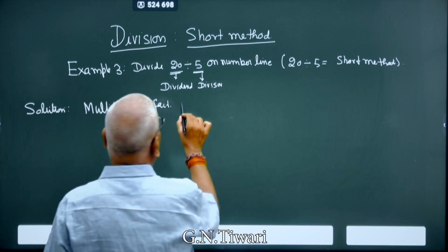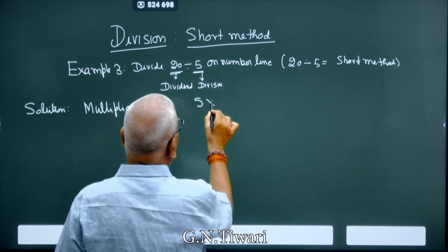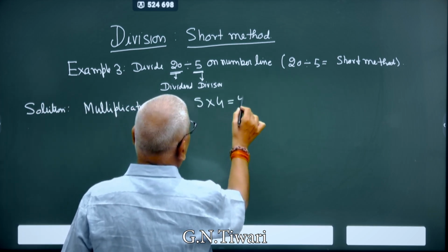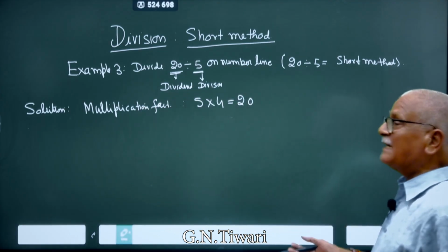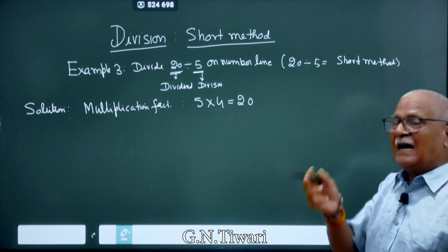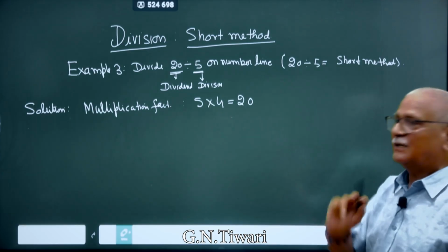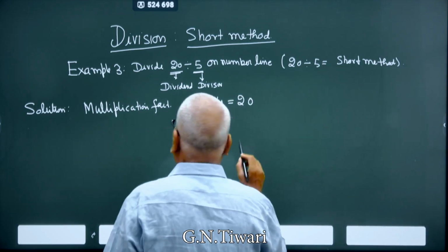मल्टीप्लिकेशन फैक्ट क्या होगा? 5 into 4 is equal to 20. Multiplication fact. अब इसको नंबर लाइन पर, I have already spoken, but here I am giving why it is reverse to each other. तो यहां पर भी वही है. Step 1,